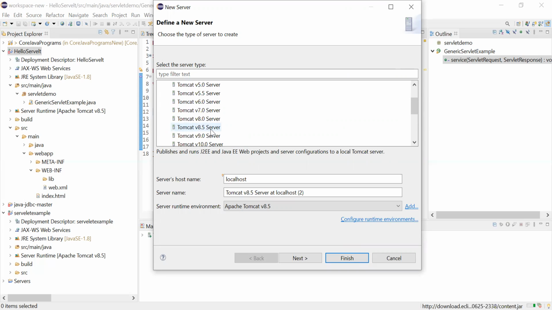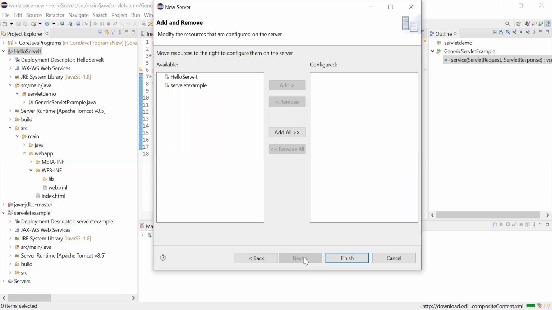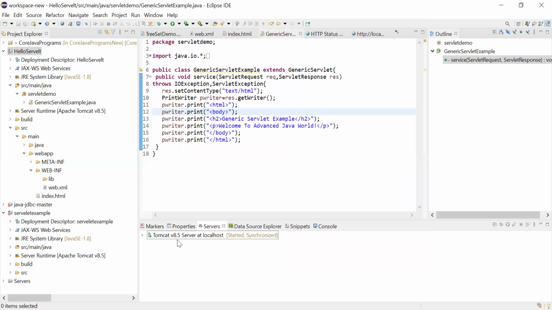We are using version 8.5 point something, so I have chosen this. Once you select this, it shows localhost and the server name here, and then Next and Finish. But I'm not doing it, because I already did it. So I'm canceling it. Once you do this, you are able to see your Tomcat server here.